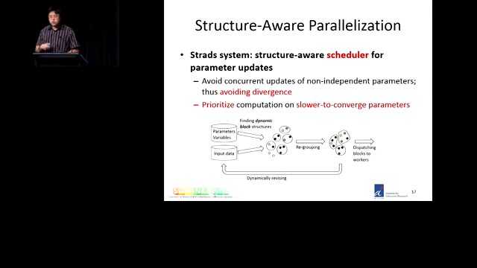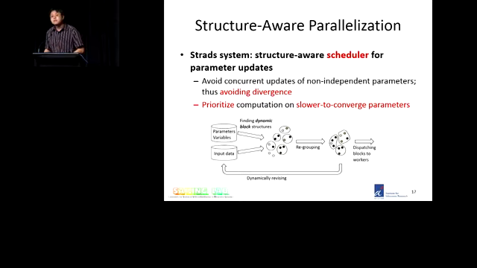The other idea, structure-aware parallelization, is a scheduler system that does 2 things. The first thing is it avoids concurrent updates on parameters that are not independent. For example, highly correlated features in a coordinate descent problem, or different variables in a graphical model that are adjacent to each other and linked. So this is important for avoiding problem divergence or low quality of the solution. The second thing it does is to prioritize computation on the slower to converge parameters, thus achieving a form of